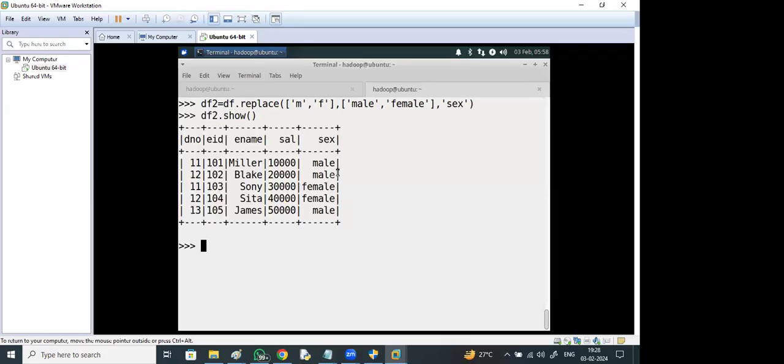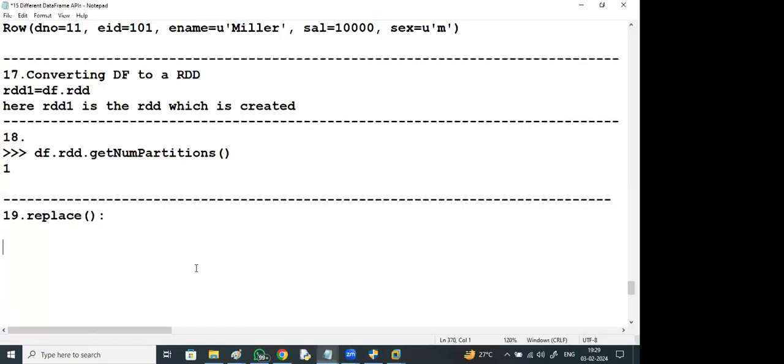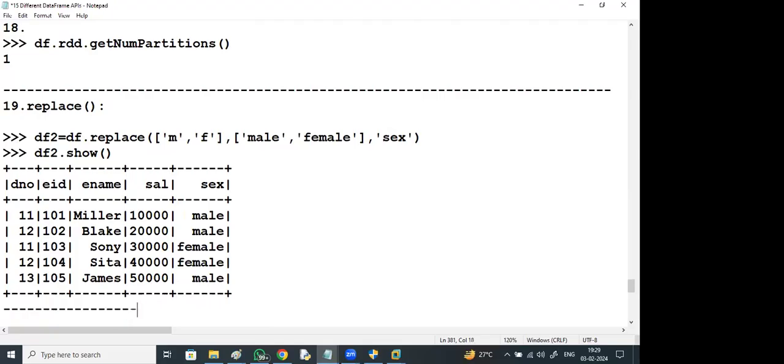Wherever you see M, it is male, and wherever you see F, it is female.